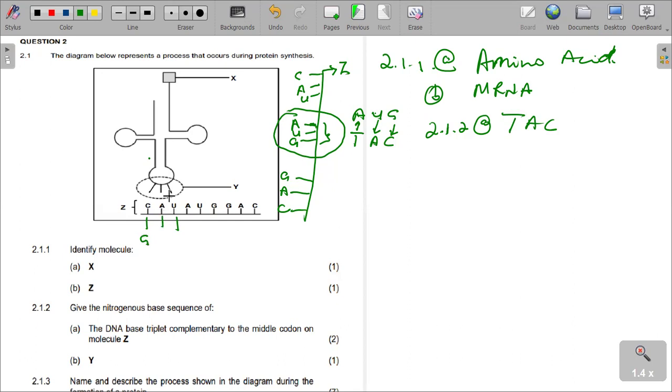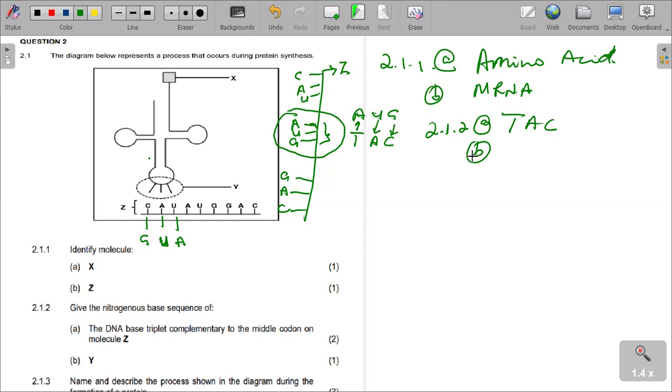Because this is RNA, A pairs with U. And then U pairs with A. Since it is RNA, T has been substituted by U. Hence, our answer is question